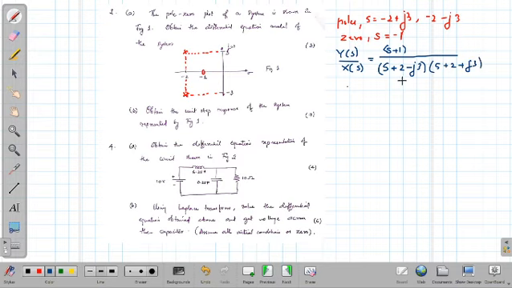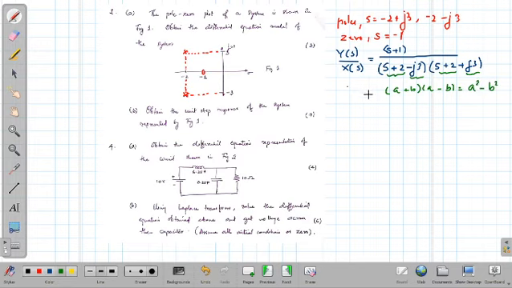Okay. Now how to multiply this? So there is an easy way to multiply this. So please listen to this carefully. So if you look at the denominator, you have s plus 2 in both terms, and the second term in one it is minus J3, other it is plus J3. So it is of the form a minus b into a plus b, where a is s plus 2 and b is J3. So what is a plus b into a minus b? It is a square minus b square.